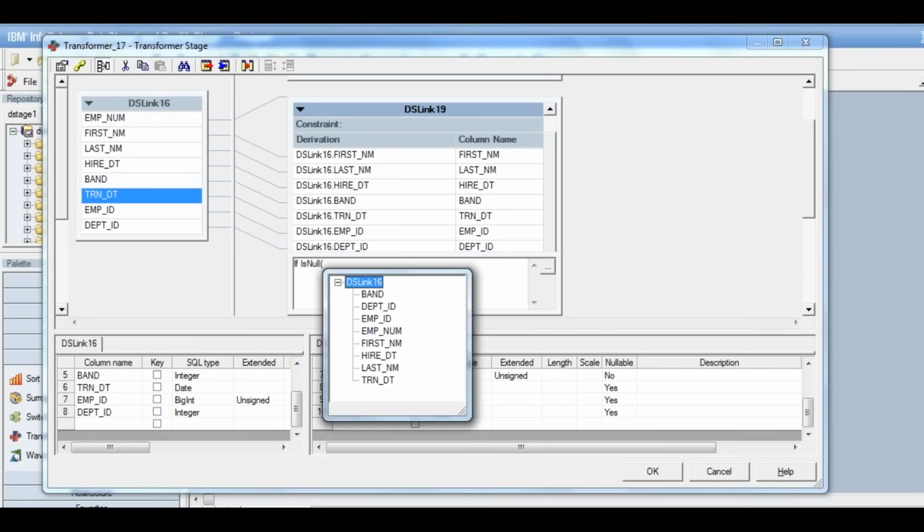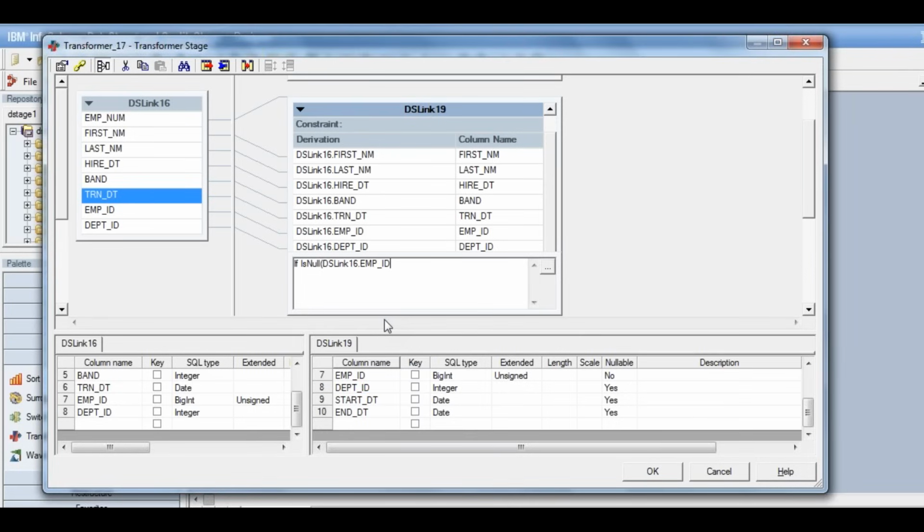And how can I check whether the employee number already existed in the dimension table or not? We have already done a join with the dimension table and we pulled the column employee ID. So for all the non-matching records, it would have been null. So I can check for the null value in the employee ID. If the employee ID is null,